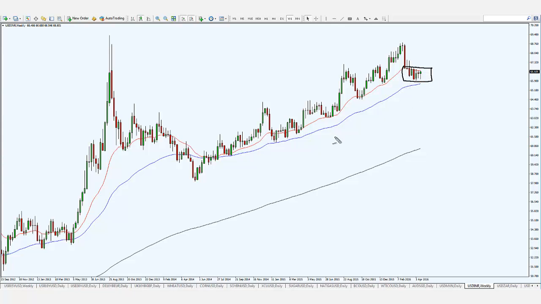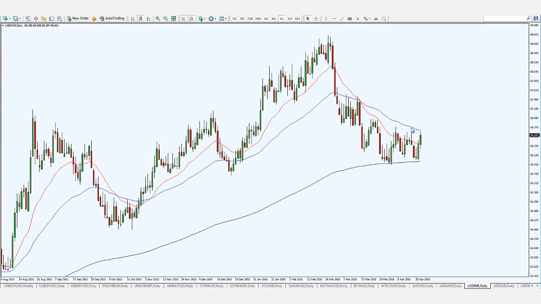You're still in an uptrend. You wait for the bulls to tip their hand and show you that they are ready to trade back in line with the trend. So this is what basically you're doing, right? Waiting for the opportunity to unfold itself and then taking a trade at it. So this is my plan for the dollar against the Indian rupee, right? Waiting for it to break and close above this area of resistance before I go long, right?